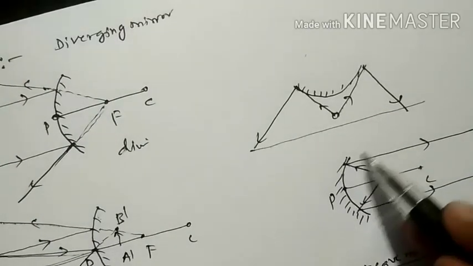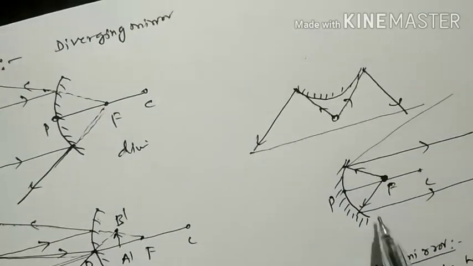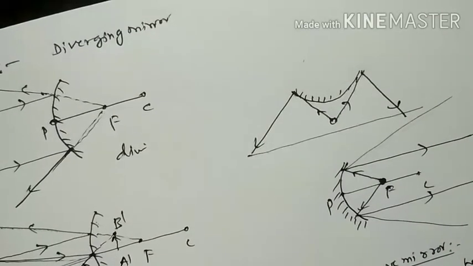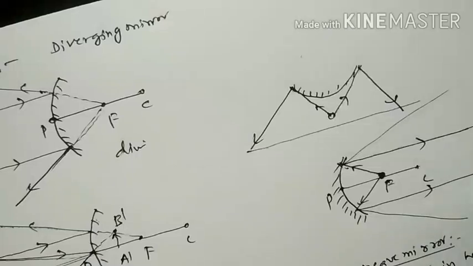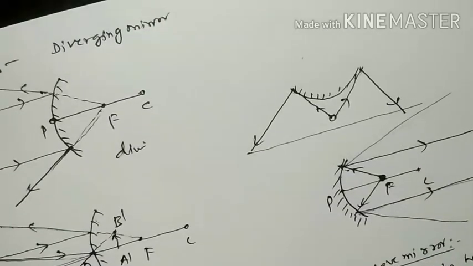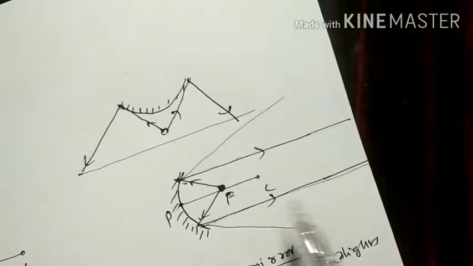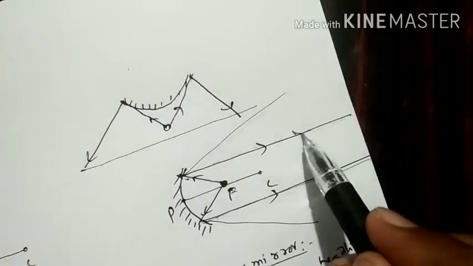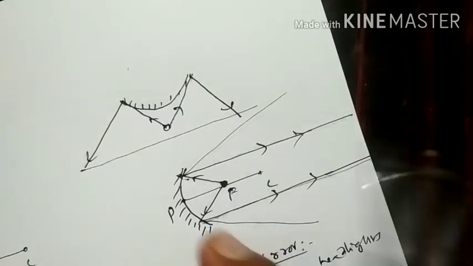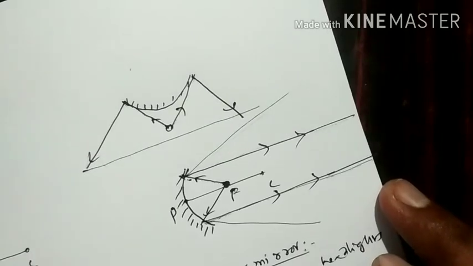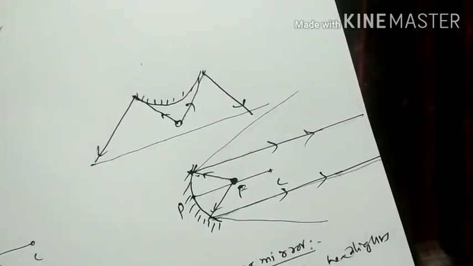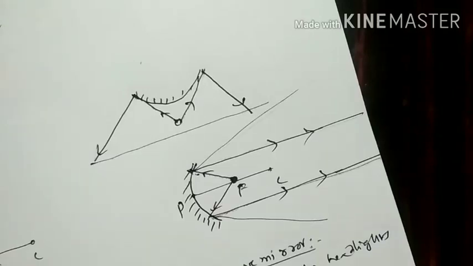If they diverge like this, they go only to a certain distance, not more than that, because the intensity of the beam decreases. So the application of the concave mirror as a reflector in automobiles is very, very useful, because the light rays become a parallel beam and travel a greater distance, so that we are able to see up to a larger distance. So these are the uses of the concave mirror.